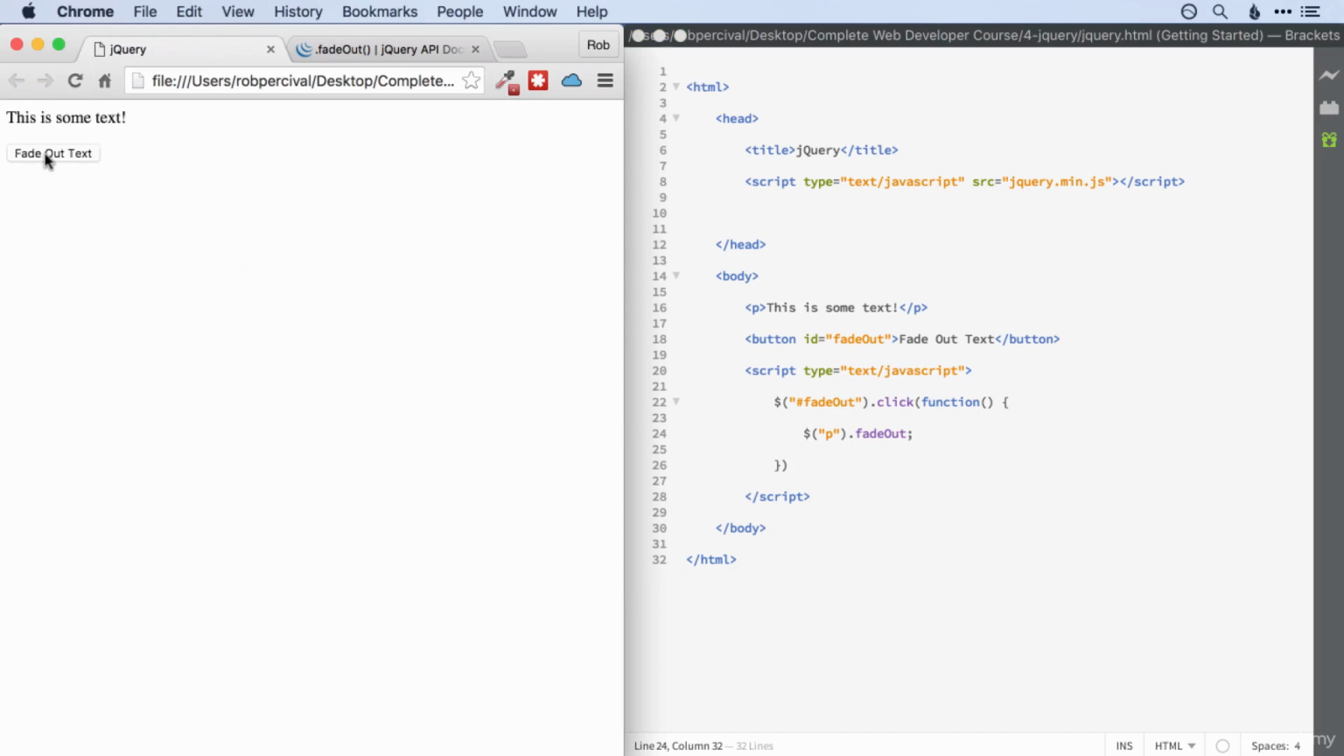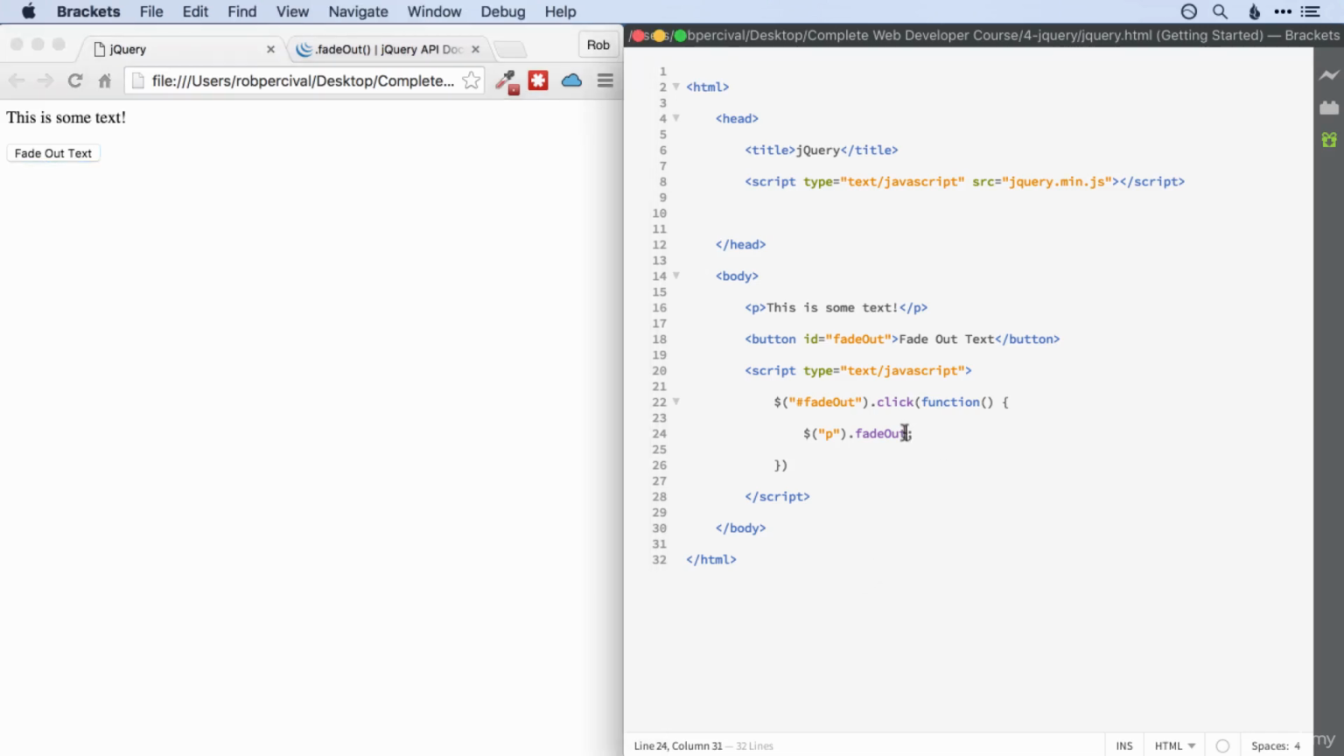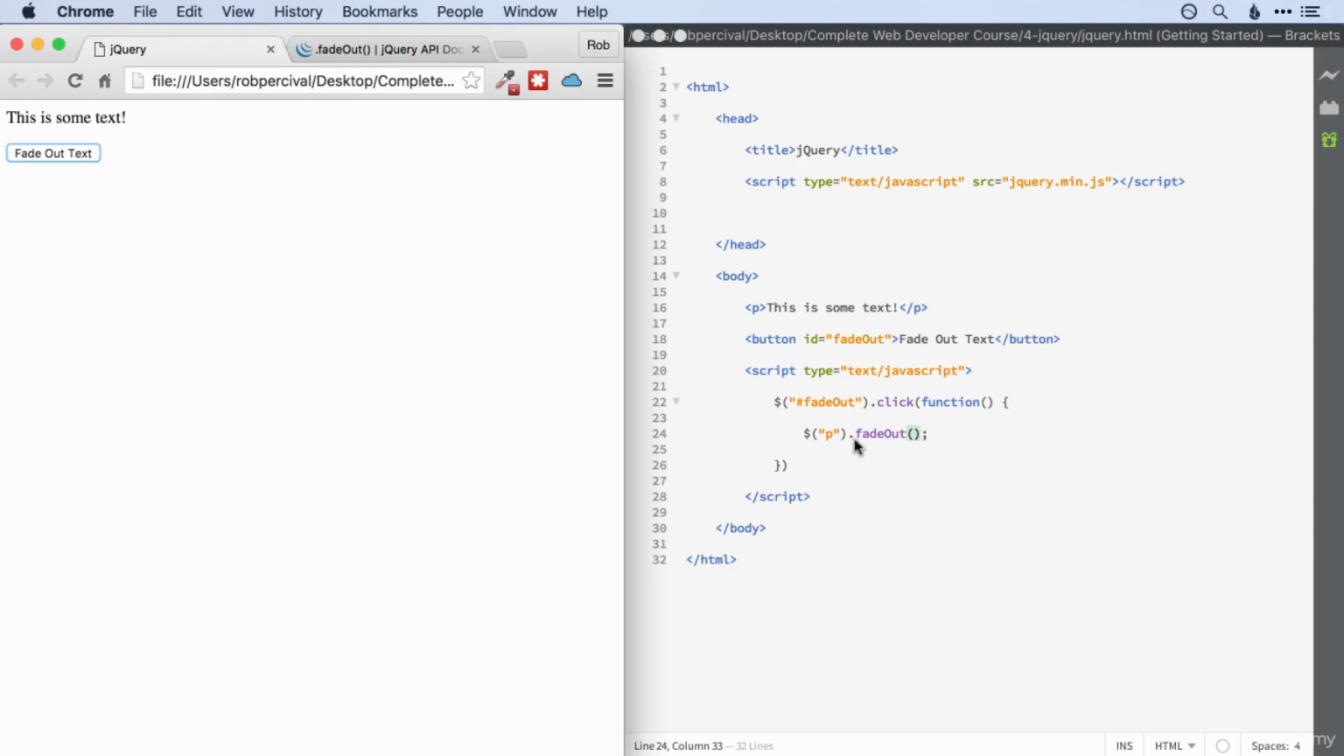Fade out text. Oh, I've made a mistake there. Anyone see what it is? I forgot the parentheses. It's a function, so you always have parentheses after it, even if you're not going to have any options like slow or a callback function. There we go. And notice as well, once it's faded out, it's gone. So the display property of the paragraph is made equal to none, just as we saw before,